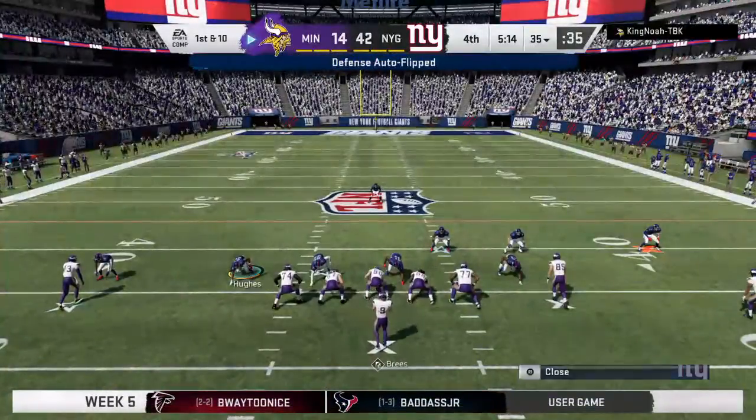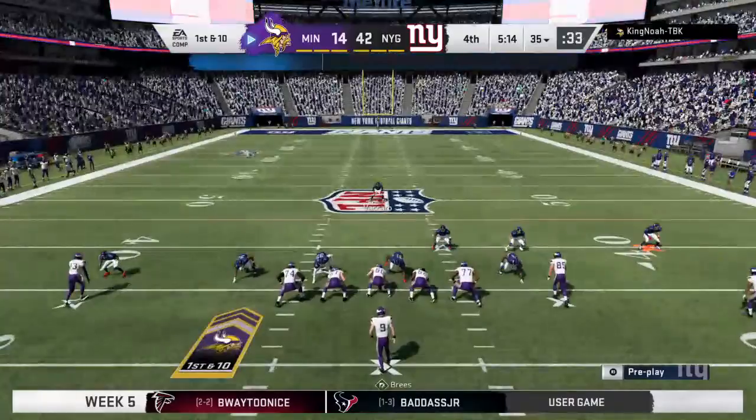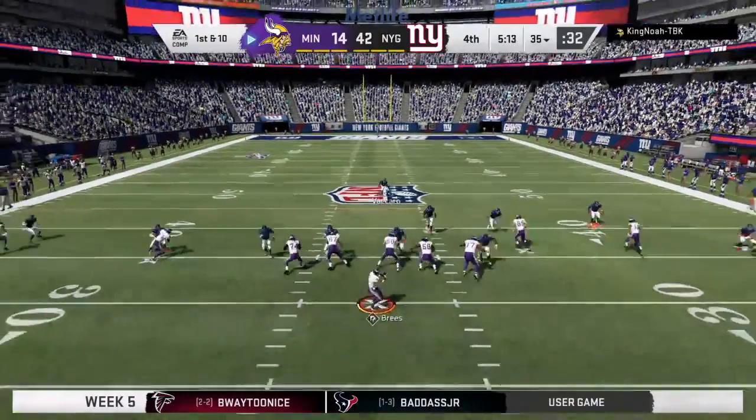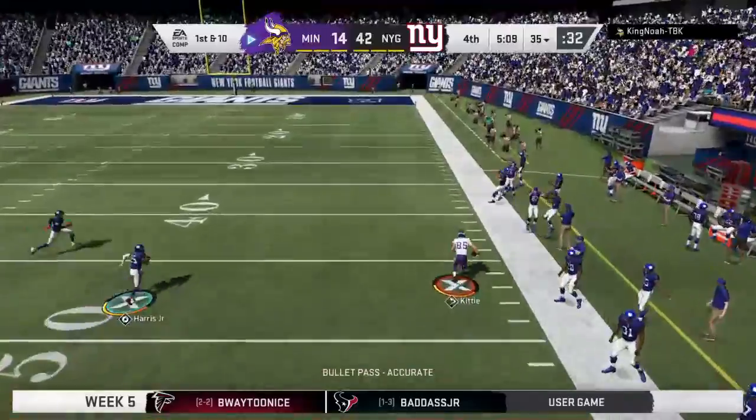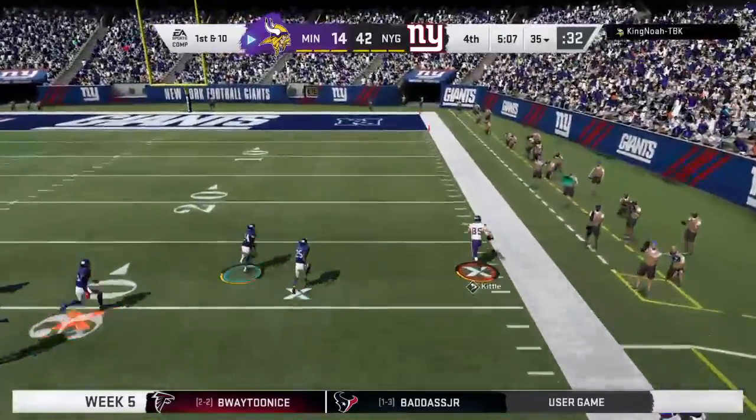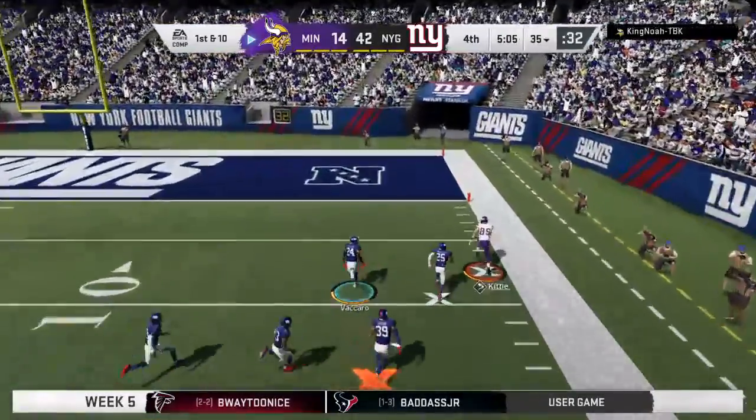Here are the Vikings now to start their next drive. And 3 interceptions in this game. And I would have to think, I wasn't a quarterback, but number 4 is kind of, you're like, oh, man, I can't throw 4. No, what's interesting is what do the coaches decide to...